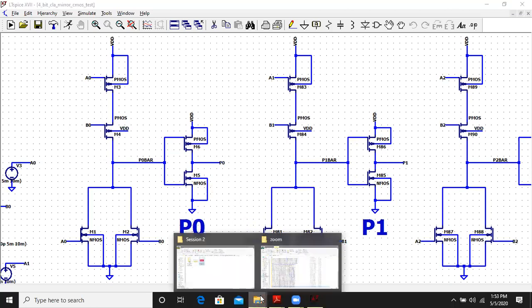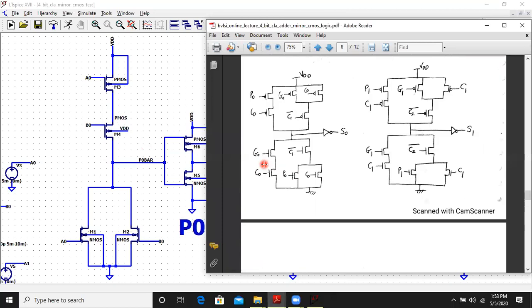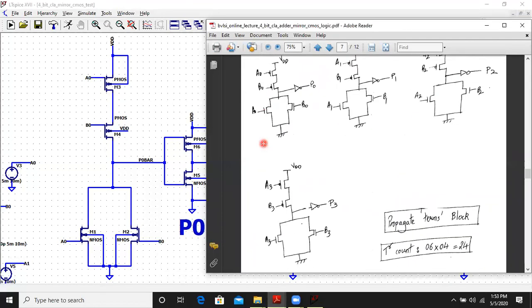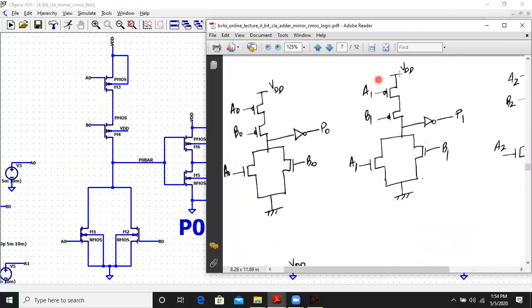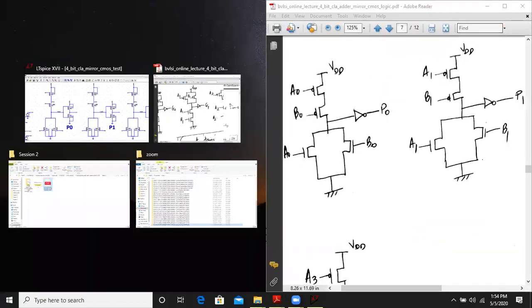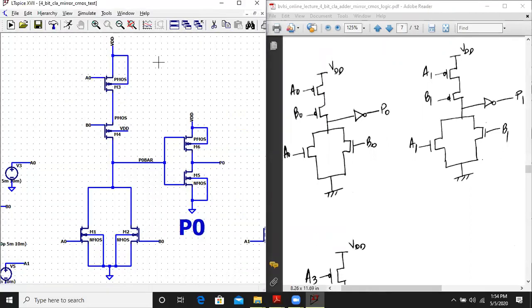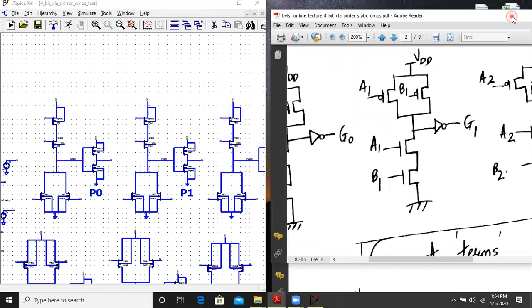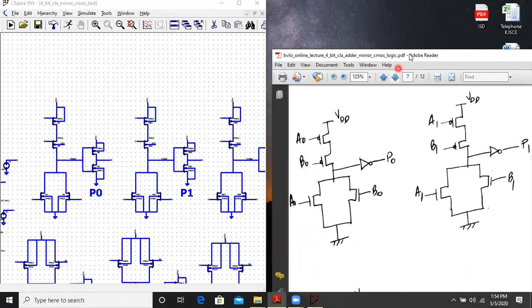Let us go back to our propagate block. Okay, let us check the first block over here. Let me just close this and let us check the first block.